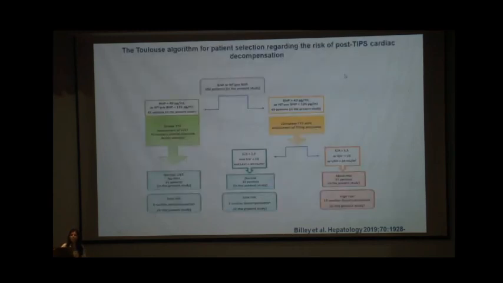So based on these factors, they proposed an algorithm, and this again can be very easily followed in our patients as well, the Toulouse algorithm, which they suggest that at the first step, if you have to predict the risk of cardiac decompensation, we can look at the BNP or the NT-proBNP levels. If the BNP and NT-proBNP levels are normal, we just need to do a simple transthoracic cardiac echography to rule out pulmonary hypertension, aortic stenosis, and the left ventricular ejection fraction,